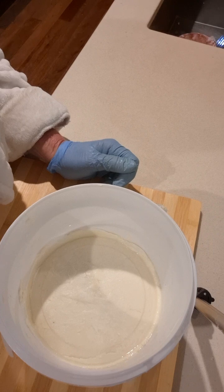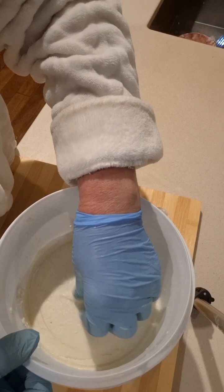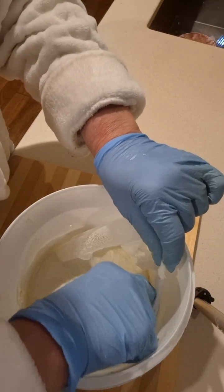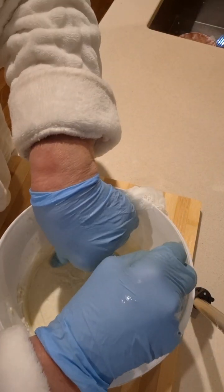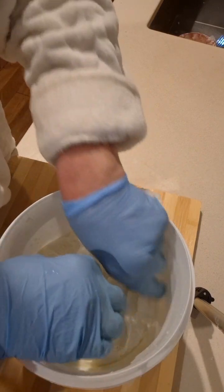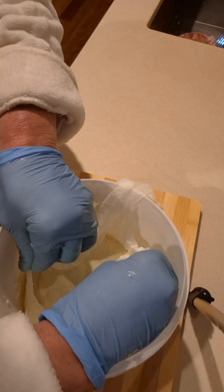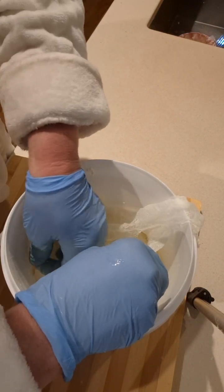Okay, it's been way past 6 hours. I fell asleep. So the next step now is to take the cheese out and turn the cheese. Now I turned the other cheese and I had trouble with the mash because the mash got stuck in the cheese. So I had to return the cheese back in the mold without the mash. And then I'm going to have to let it air dry